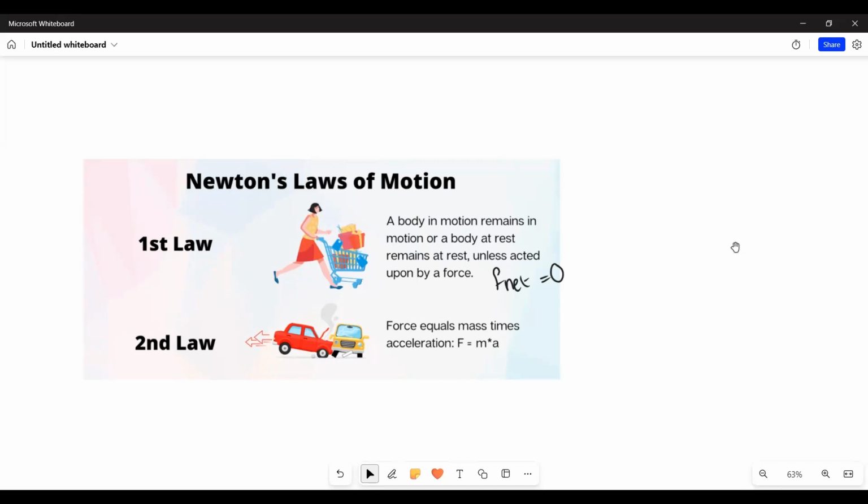طيب، Newton's first law also says that a body at motion remains هنا in motion. طيب, what does that mean? If a car is traveling, I can say car, I can say object, I can say anything. I'm using examples I think are easier to understand, but it happens for anything عادي يعني. طيب, if a car is traveling at constant speed, unless something happens to the forces acting on this car, nothing is gonna happen to this car. What do I mean by that? I mean that the net forces or the resultant force acting on the car is gonna be zero. It's gonna keep moving in whatever speed it was moving in, constant speed. طيب, that's Newton's first law.